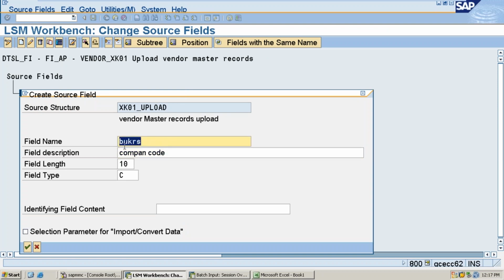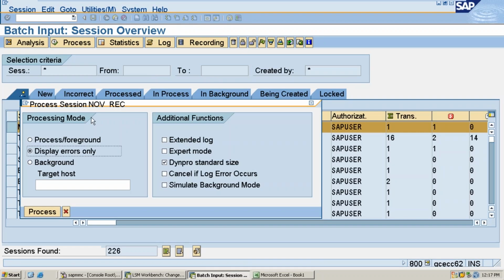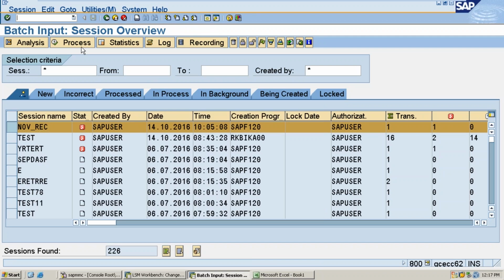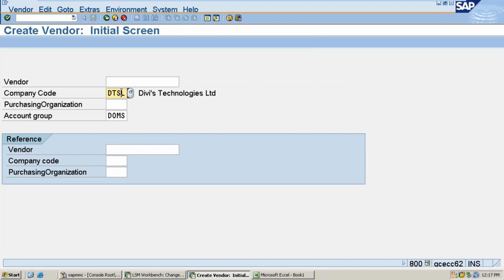You need to create vendor master records, right? Once you go to the SAP system, XK01, there are fields one by one. What are the fields you are going to touch? How do you get the field names? For example, in the vendor master creation screen XK01, this is the screen you have taken as a base. Go here, right click.